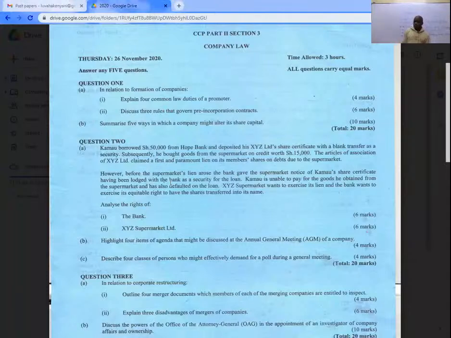Full stop, then you just say XYZ Limited can use other means to recover the due amounts from Kamau, until he pays off the loan to Hope Bank Limited. That is when